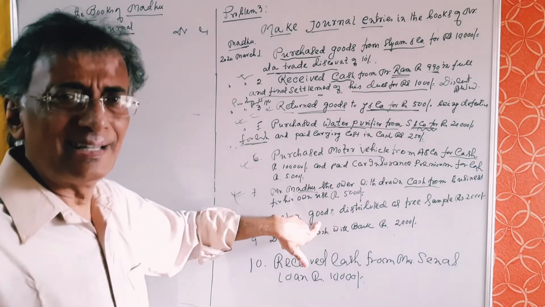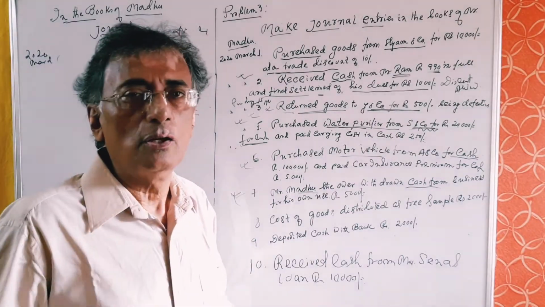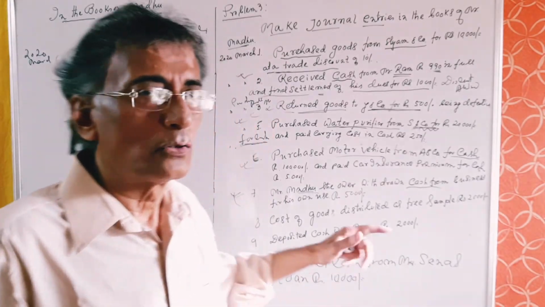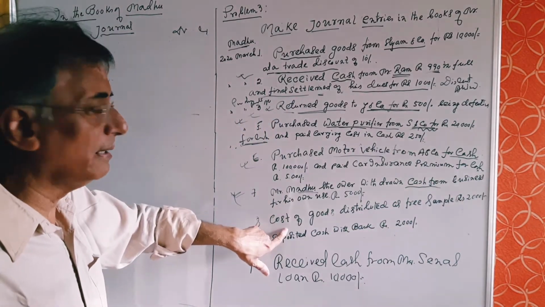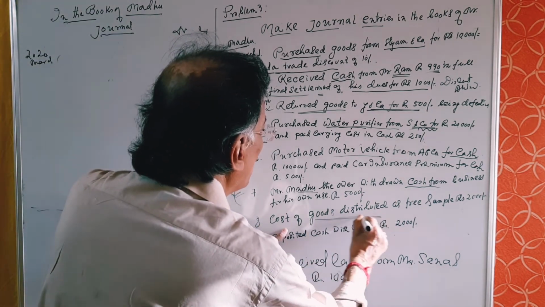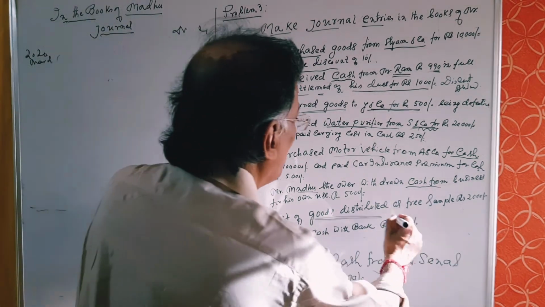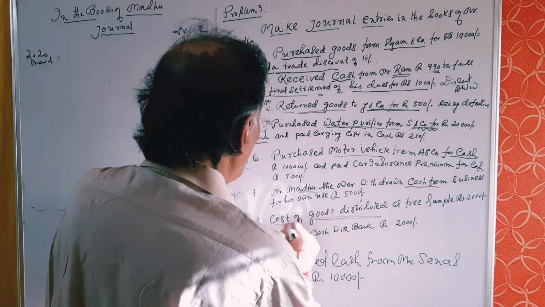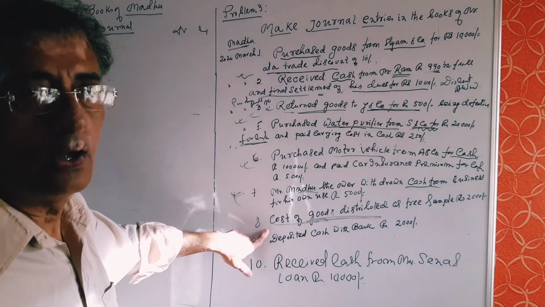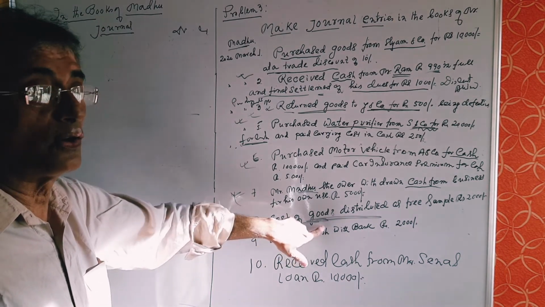This is generally done by the cosmetics companies by attaching those free samples with newspapers and magazines, you must have seen. So what are the two accounts involved in this transaction? One is advertisement. Cost of goods distributed as free sample is a way of advertisement, and that is given by goods. Goods means either we may consider it purchases account or stock account. It is your choice. You may consider stock account or purchases account.